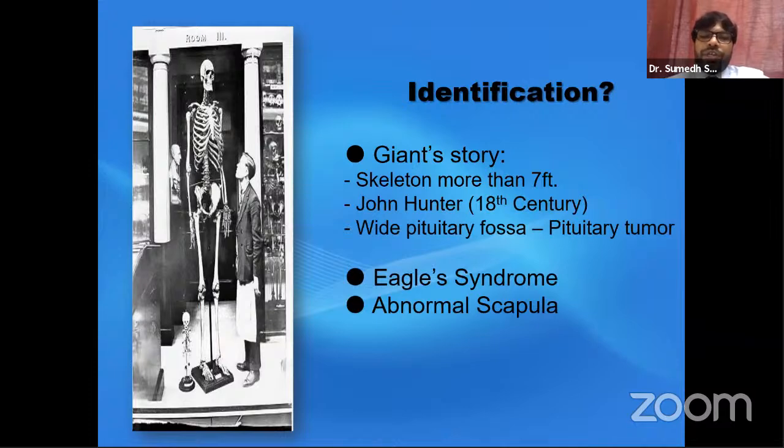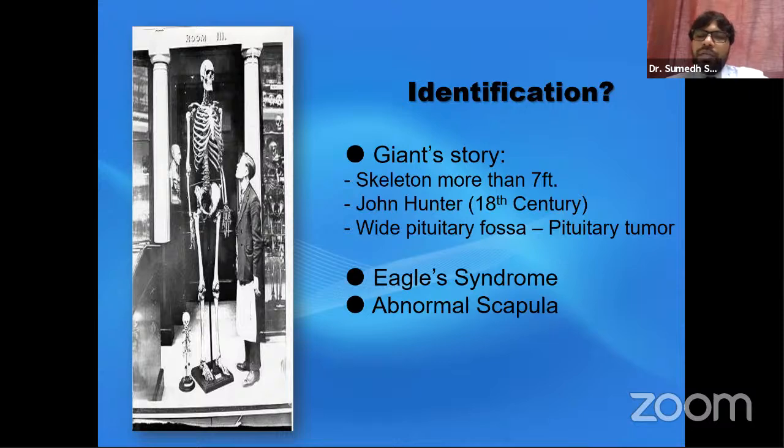Now, identification of certain things. I would like to tell you one story that is called the giant's skeleton. This giant skeleton was more than 7 feet. John Hunter and William Hunter were two brothers. John Hunter was an eminent anatomist of the 18th century. They were owning one museum, an anatomy museum. So this John Hunter requested this giant fellow, the tallest fellow in his area, that once he died, he should please donate